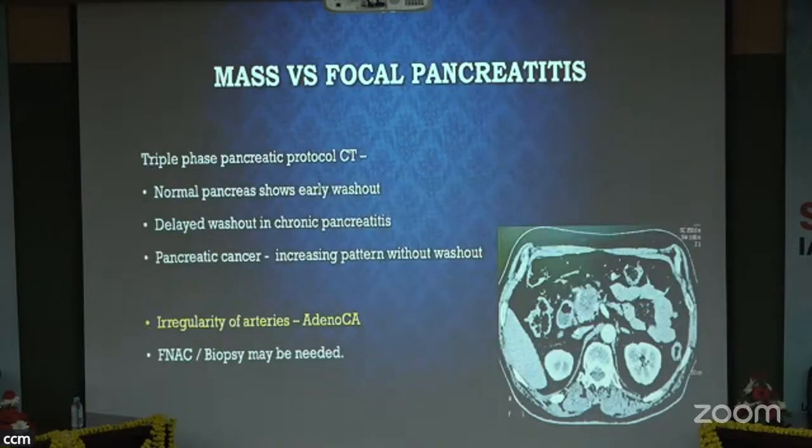Now, coming to the confusion of the mass versus focal pancreatitis, it's not always easy to tell whether it is a mass or focal pancreatitis. Sometimes history helps. In literature, people have described that in chronic pancreatitis there is delayed washout, whereas in pancreatic carcinoma there is increasing contrast without washout. But more definite is that if you can see irregularity of the arteries around that, you can be more sure that this is malignancy. And if the confusion remains, then sometimes we have to do FNAC or biopsy